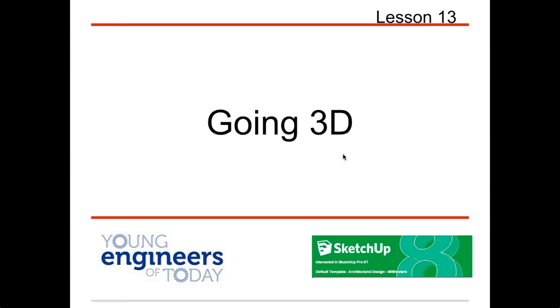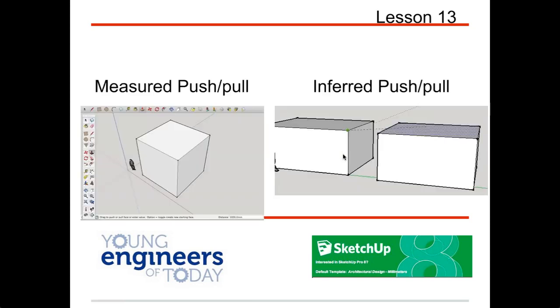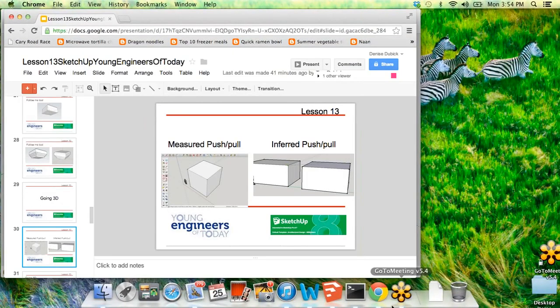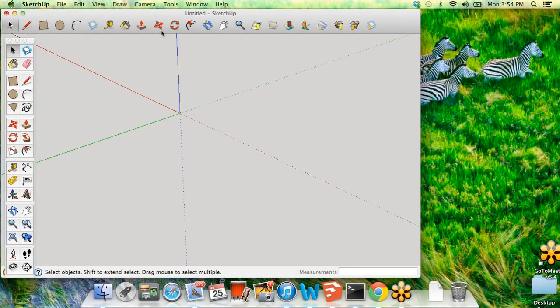So let's talk about some other 3D techniques, such as measured push-pull and inferred push-pull. We've been using push-pull to create 3D, but let's talk about how we can be a little more specific and accurate when we're building our shapes. So if I wanted to build a cube,